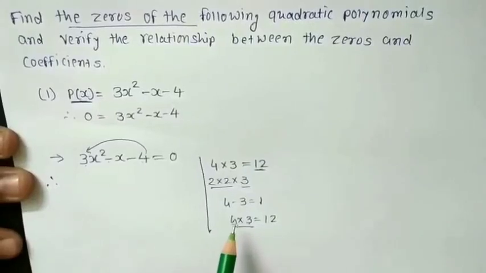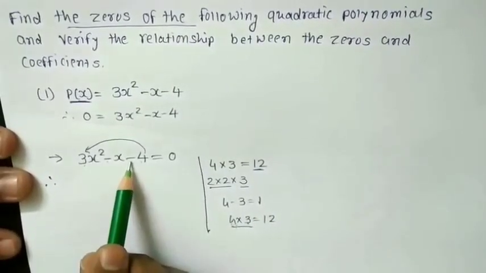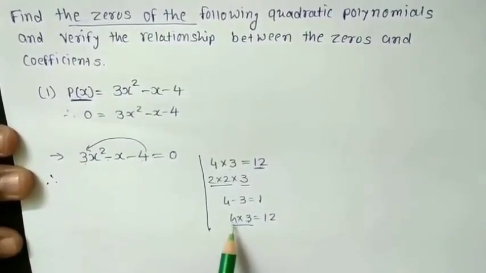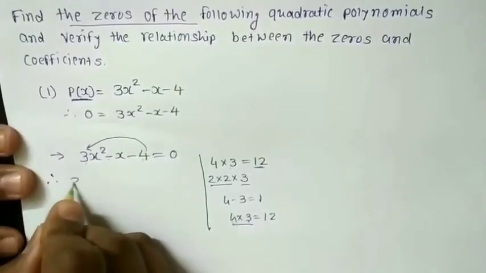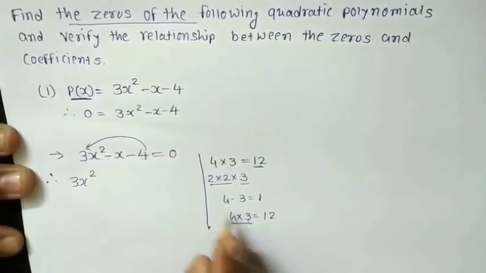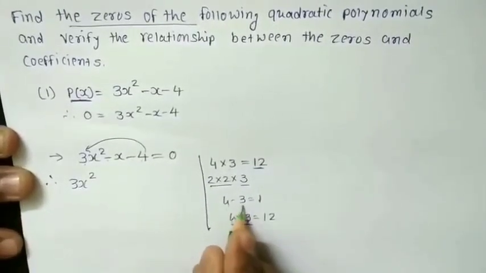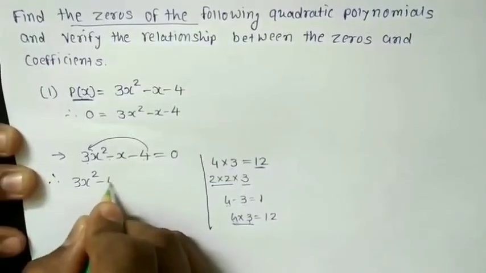If it is addition, the sign will be the same, but here, as it is subtraction, we keep the greater term's sign, which is minus. So I'll write 3x², 4 and 3 are the factors. 4 minus 3 is equal to 1. Out of these two, the greater term is 4, so that will have the minus sign: minus 4x